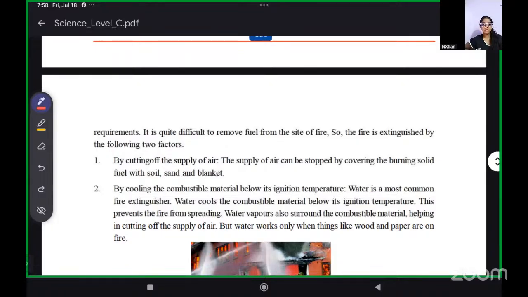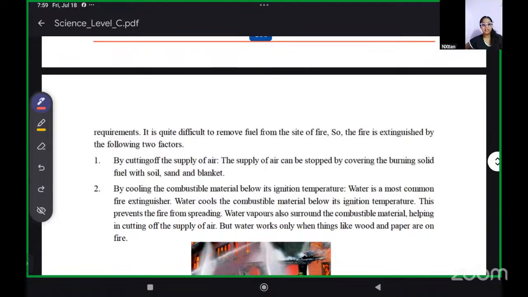Just cutting off the electricity is not going to completely stop it from spreading. So you need fire extinguishers. You will need to extinguish the fire. Some people also use sand. Some people use a blanket. If a fire starts burning on a gas cylinder, then people wrap it in a blanket and throw it, to cut off the air supply.